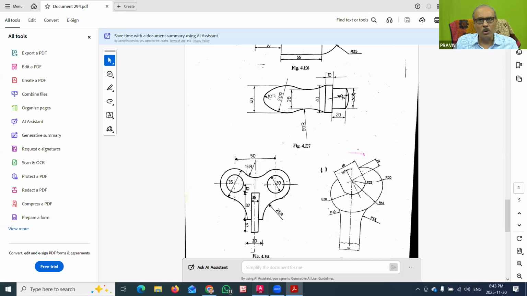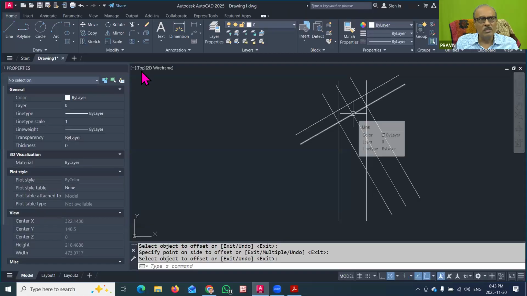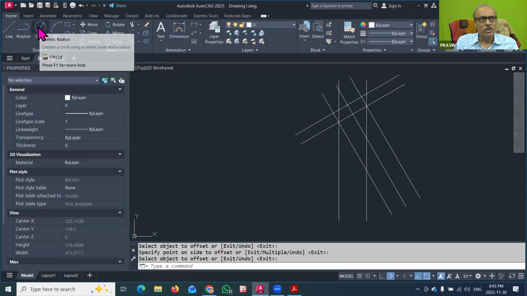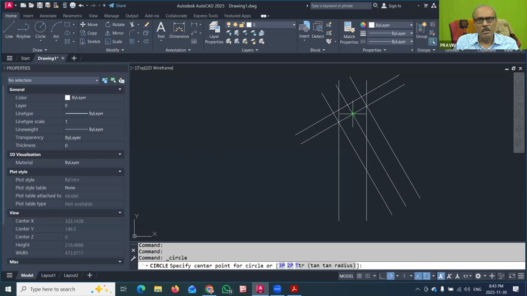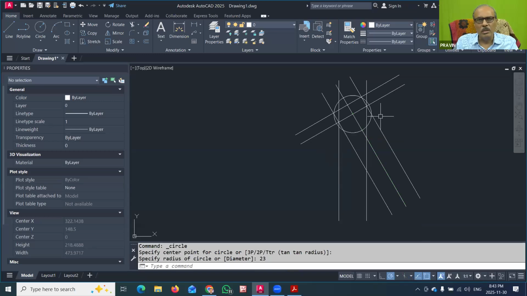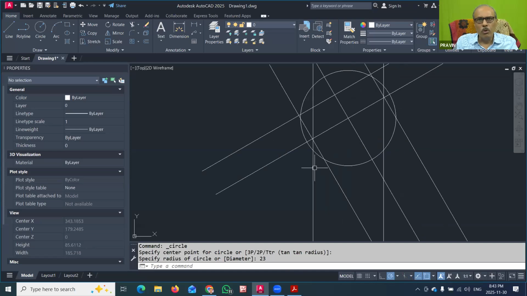So we will go to AutoCAD, and here with this center, I will start the circle command, specify this center, give the radius as 23 and press enter. So you will get the circle of 23. It means you have to keep only this circle part, and the remaining circle you want to delete.